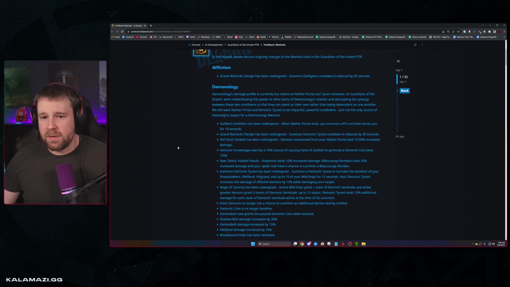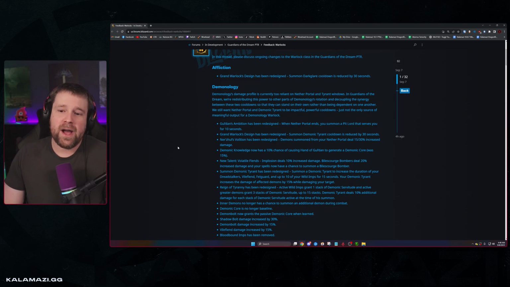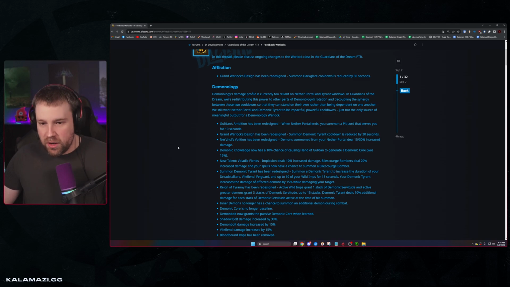So Demonology's damage profile is currently too reliant on Nether Portal and Tyrant windows. I agree. In Guardians of the Dream 10.2, we're redistributing this power to other parts of Demonology's rotation and decoupling the synergy between those two cooldowns so they can stand on their own rather than being dependent on one another. We still want Nether Portal and Demonic Tyrant to be impactful. Powerful cooldowns are not the only source of meaningful output as a Demonology Warlock. I feel like...